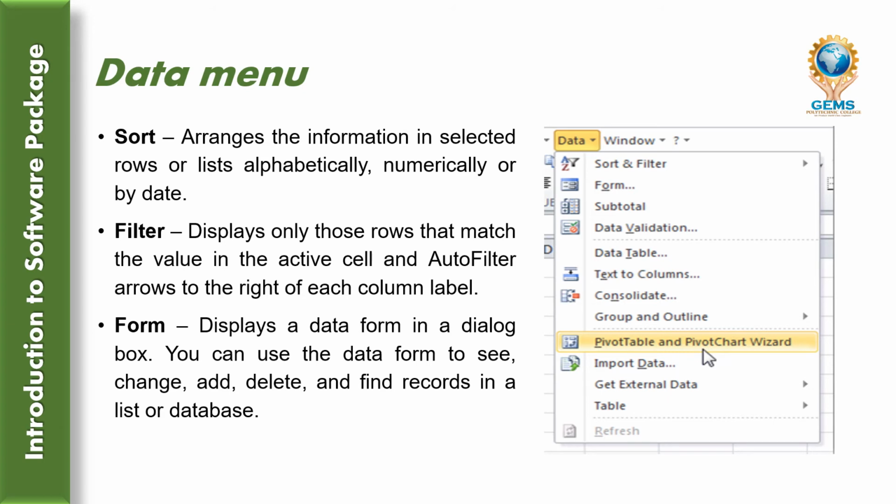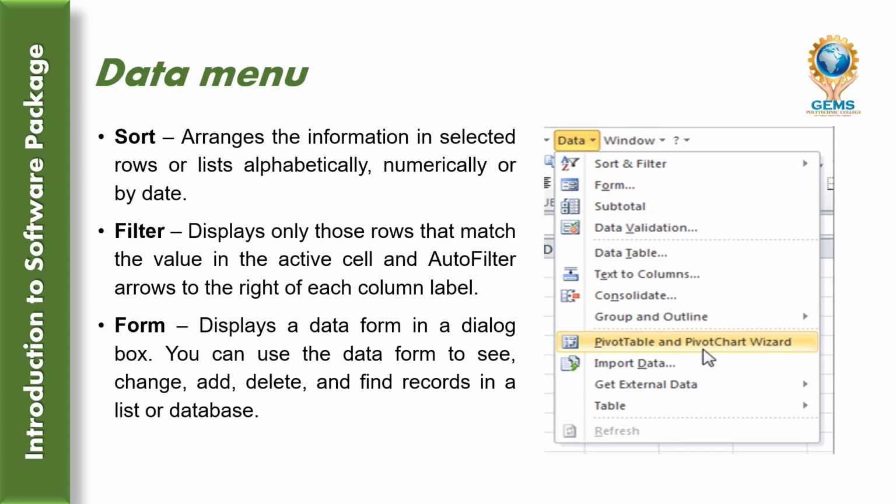Now we will see the Data menu. Under the Data menu, different options are there. Sort option: arrange the information in selected rows or list alphabetically, numerically, or by date. That is the sorting option. Filter: display only those rows that match the value in the active cell, and AutoFilter